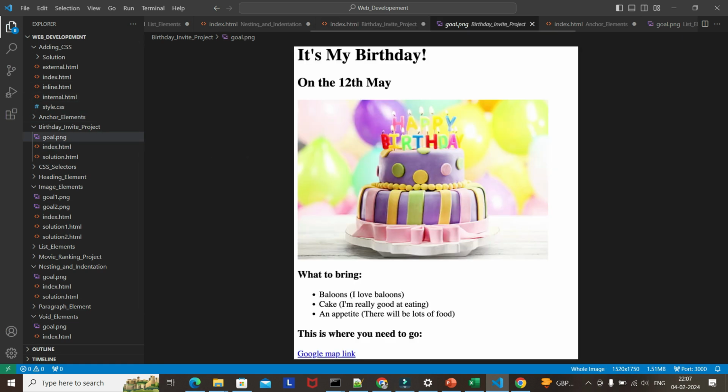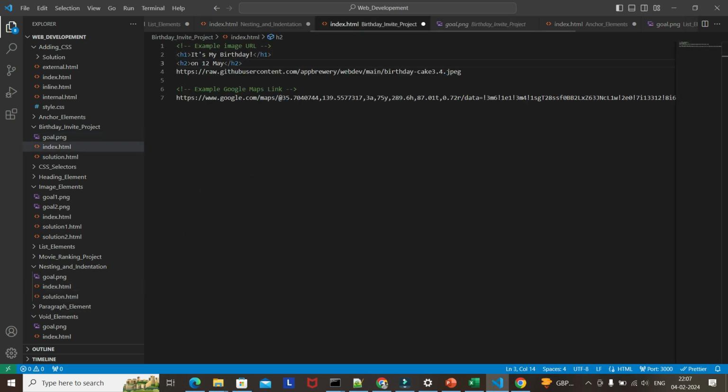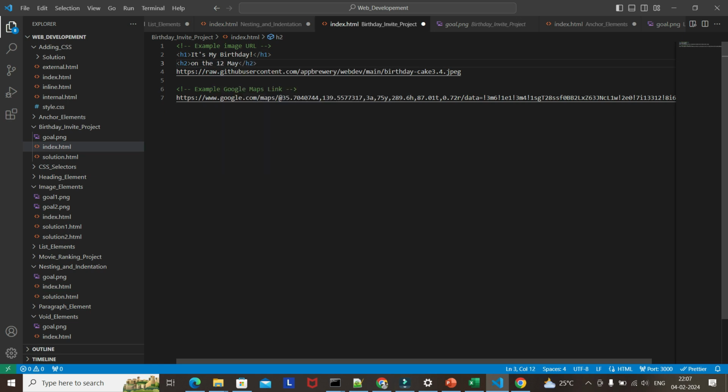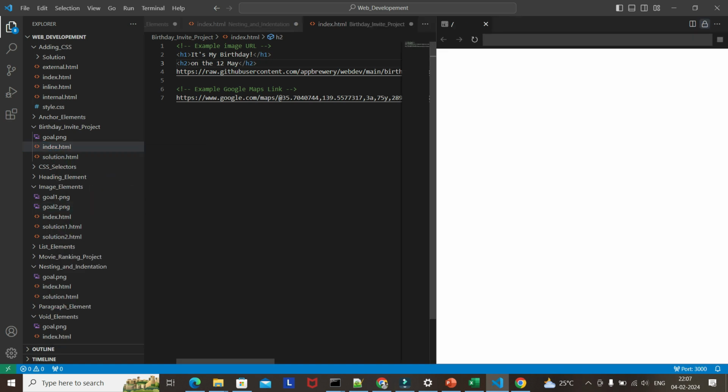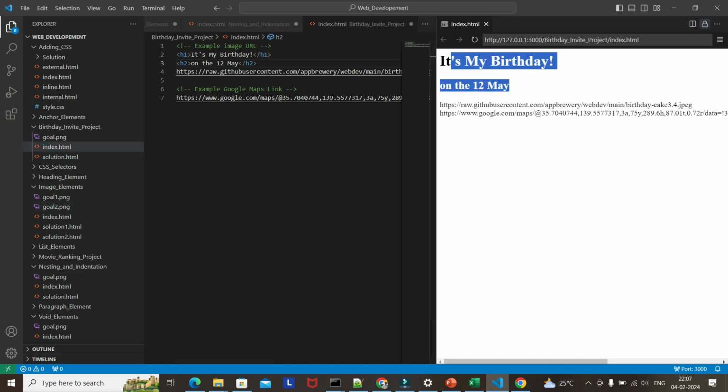If I just run this now, show preview, we will get only these two headings that we defined. But if I want to define this one,